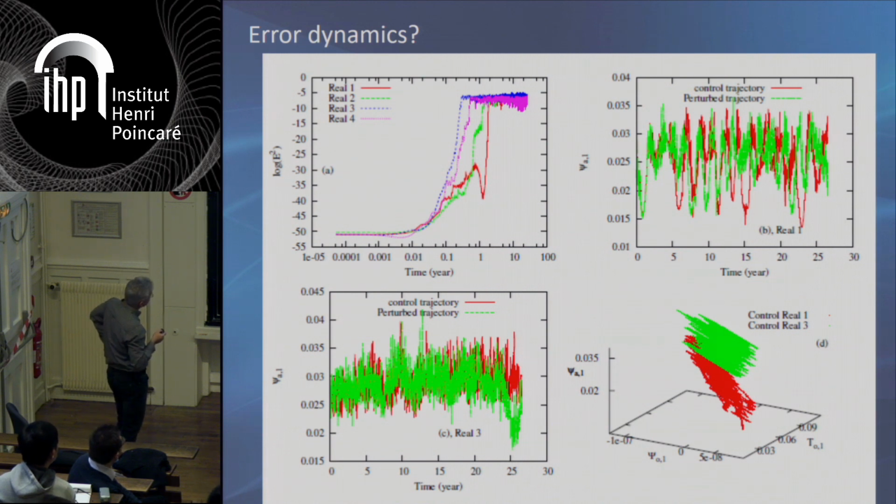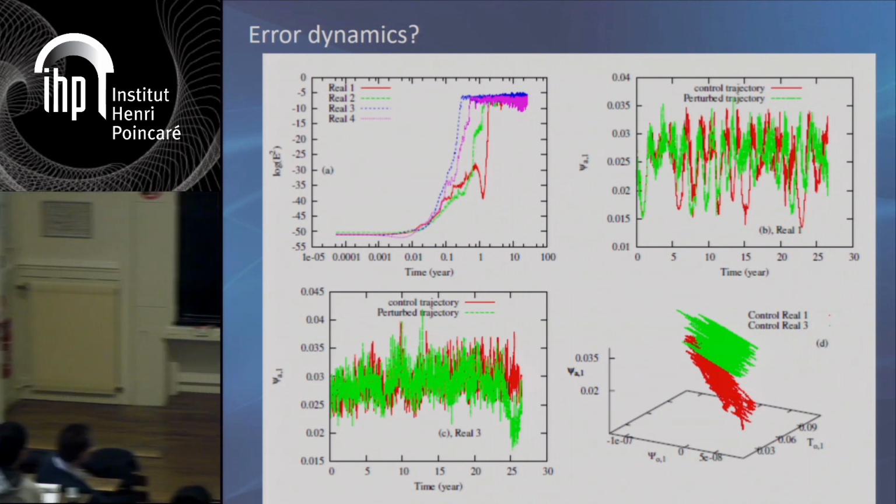So you can also look at the different realizations. And clearly for this very long predictability situation, you can make predictions up to 5 years here for this case, and in the other case you cannot. Okay, it doesn't matter. But clearly,